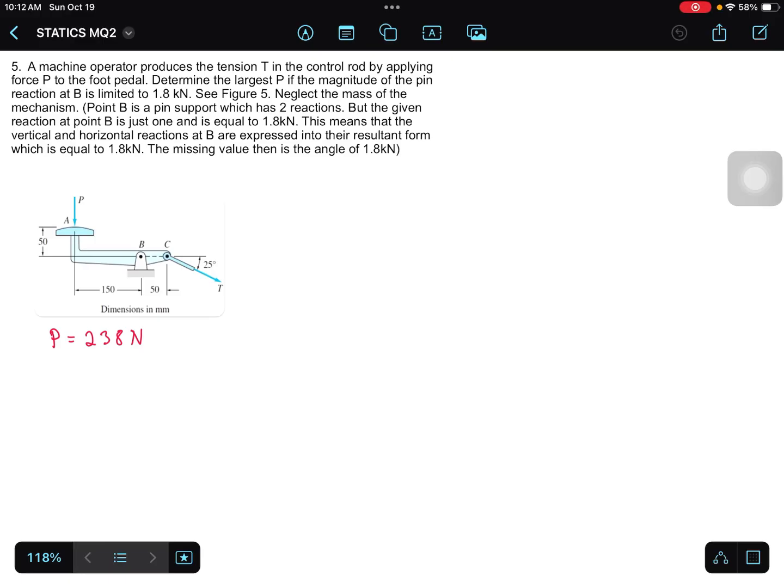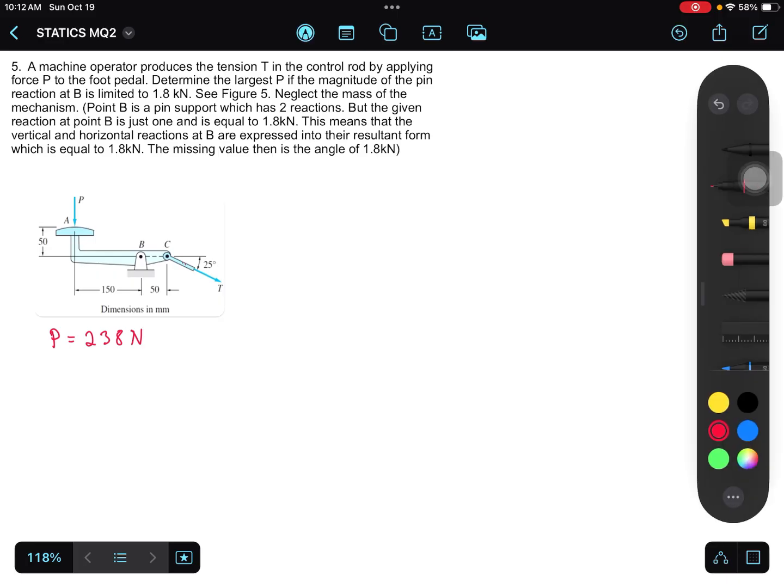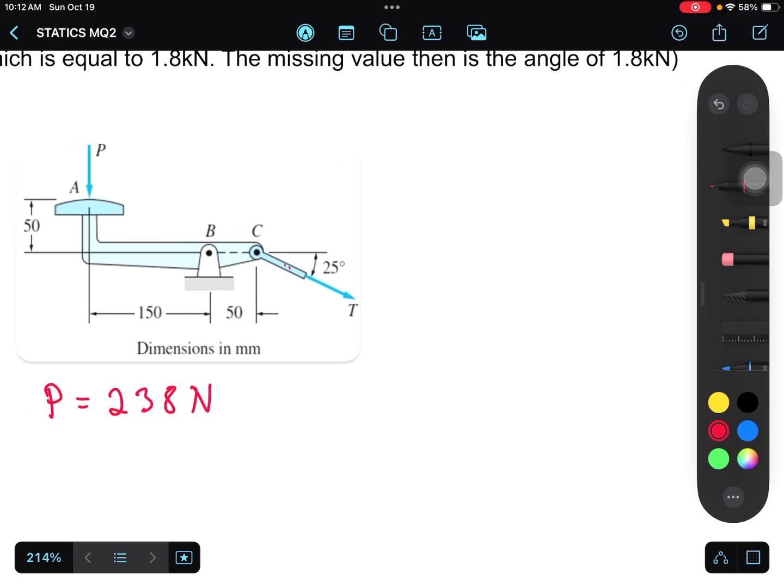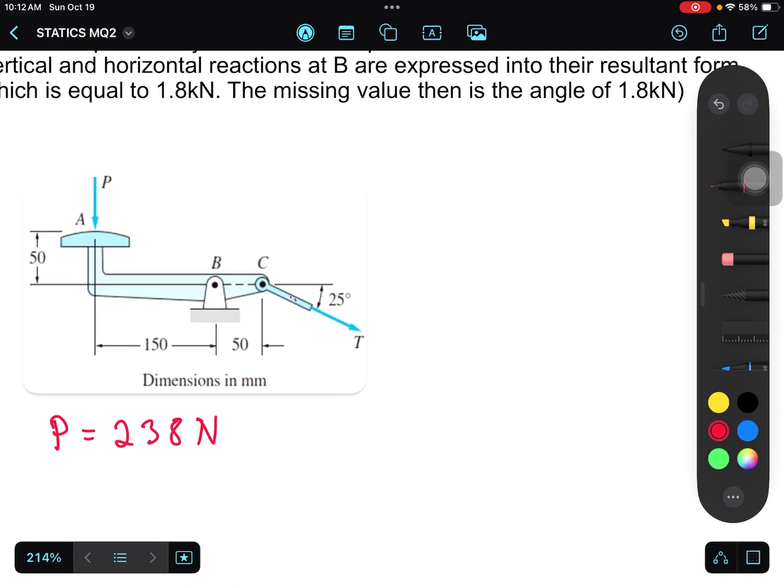So, number 5, the machine operator produces the tension T in the control rod by applying force P to the foot pedal. So, there's a rod dito. So, this is a machine. Ito yung foot pedal part. Ngayon, kapag nag-push doon sa pedal, syempre may matatension ito dahil merong rod dito, nakakonekta siya. So, pag pinull to, aangat ito, matatension itong material natin dito. Okay, so